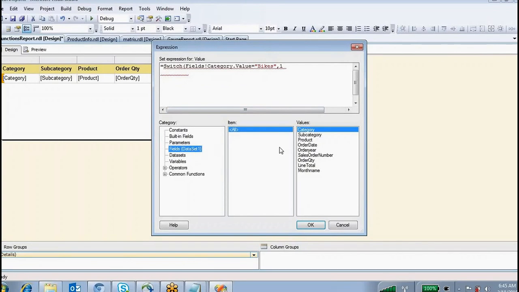The same way, this is equal to clothing, I want to display 2. The same way you can write down many more conditions.